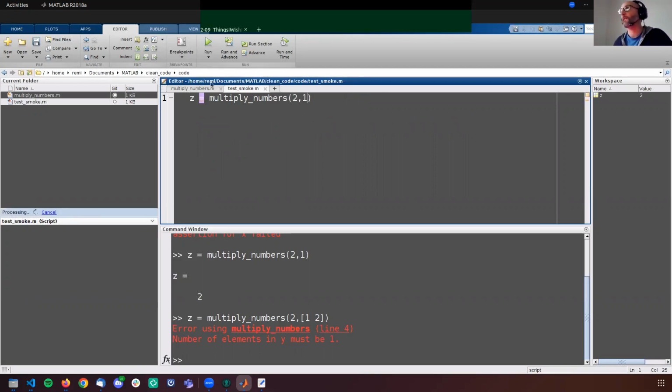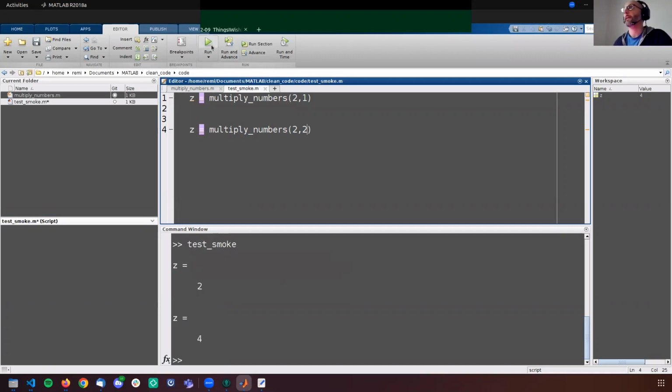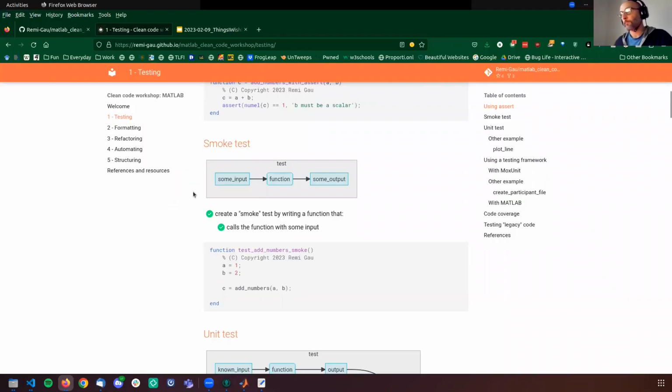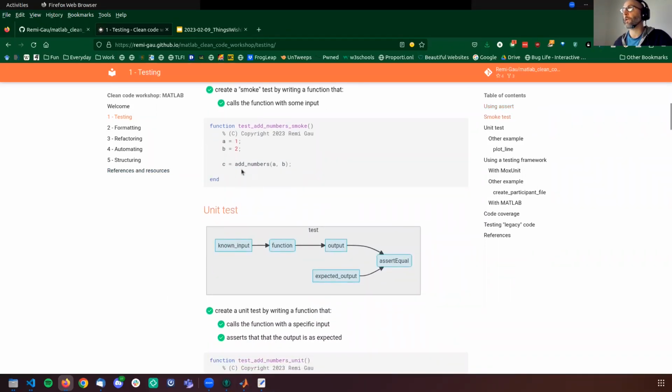So we have this, that would be the smoke test for our function, or you could have something like this. Those two things, for example, this little script would be considered a smoke test of our multiply numbers function. Here is another example: instead of having a script, I actually have a function that itself calls this other function.